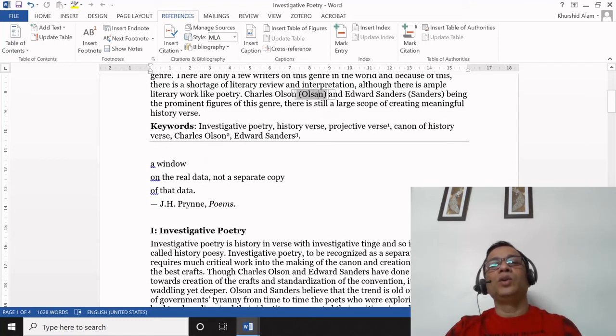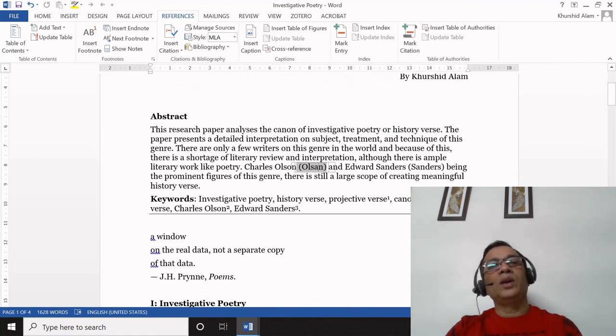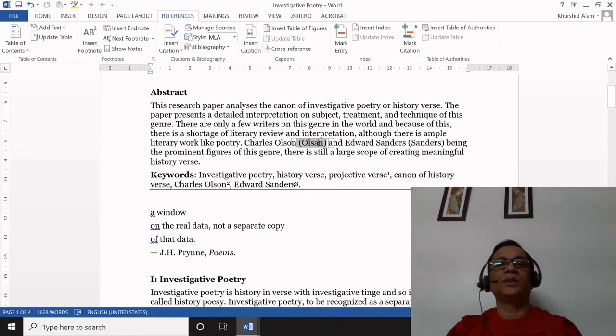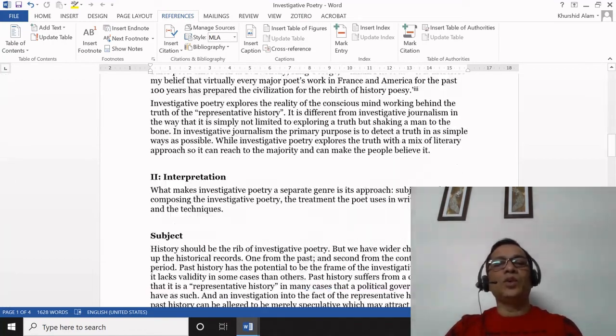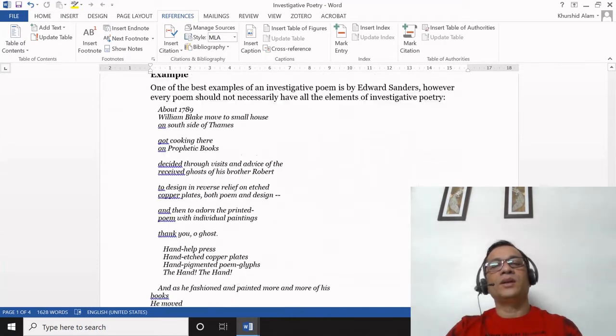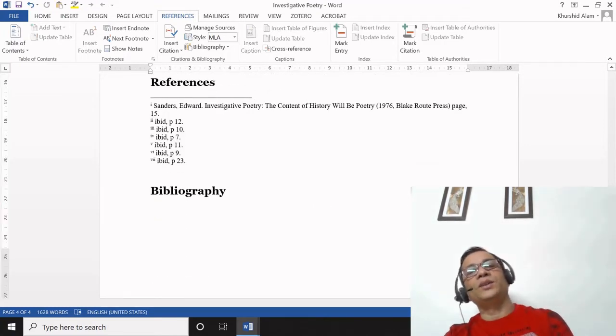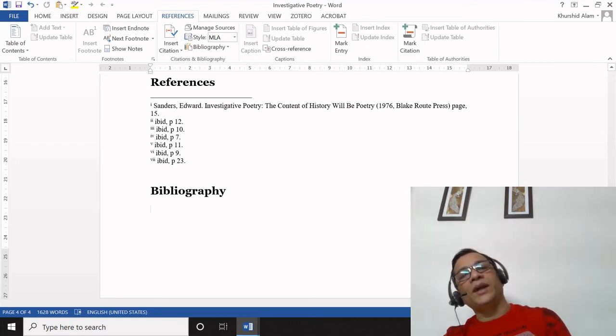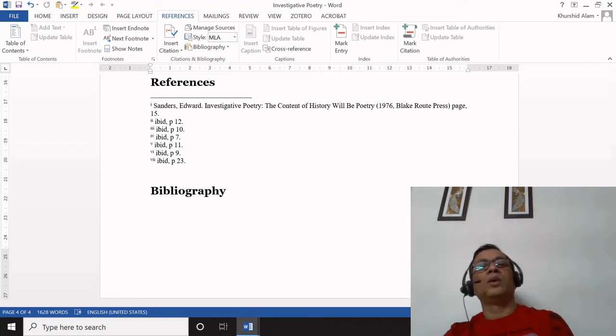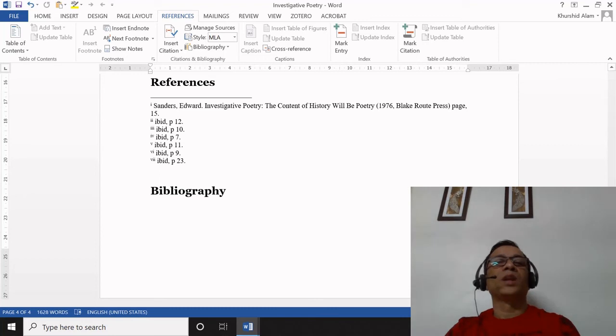I hope that you understand it clearly now, how to insert in-text citation. Now I will show you how to insert bibliography, that is a list of all citations which is generally placed at the end of the book or research paper.